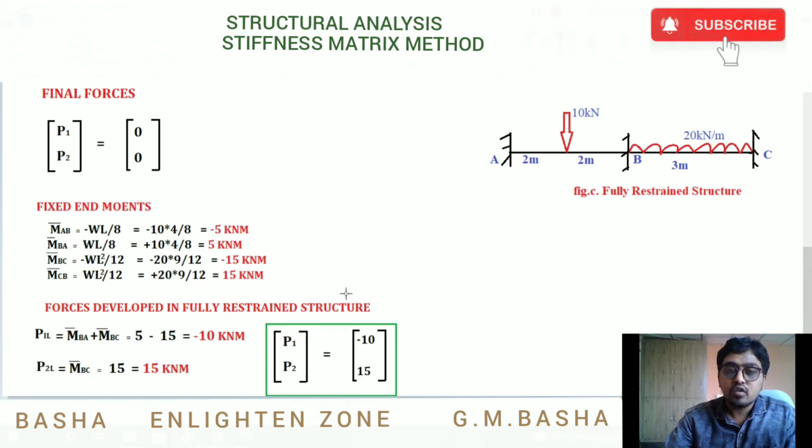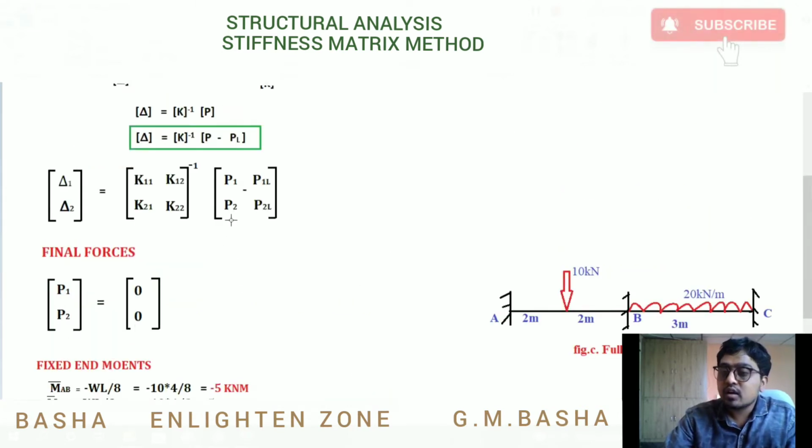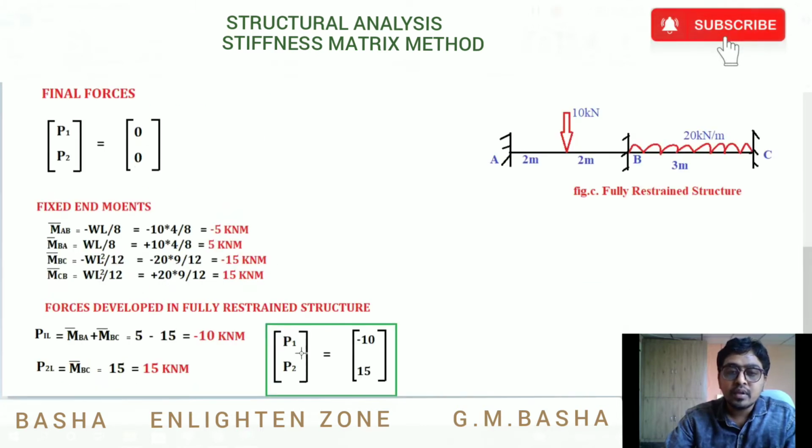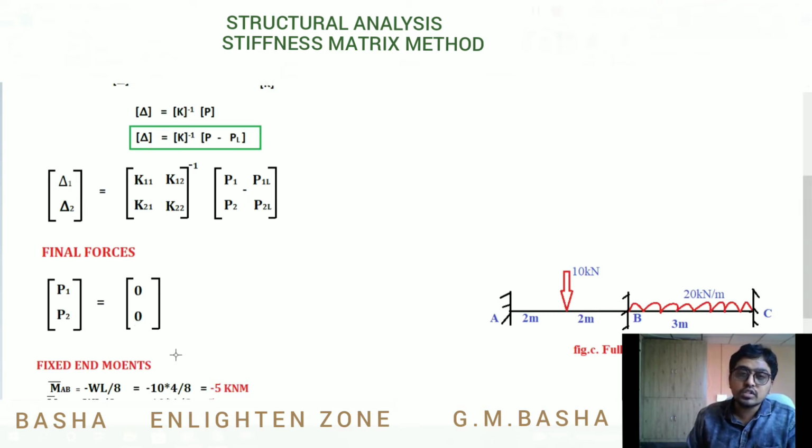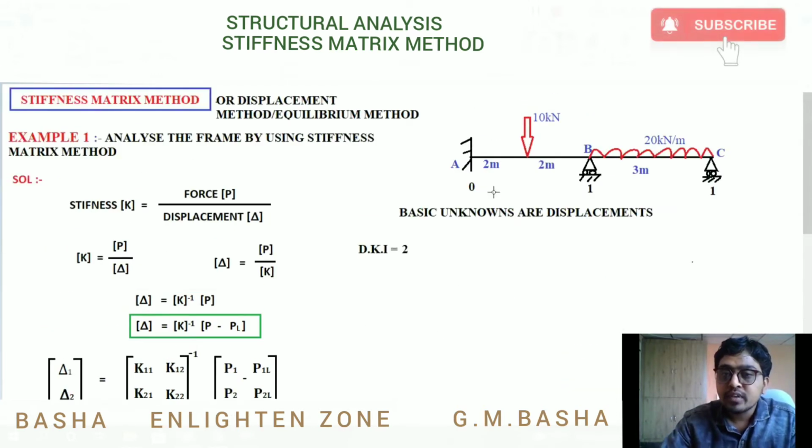Okay, and now the forces due to the external forces, P1 and P2. We already simplified P1L and P2L as minus 10 and 15, and now we are talking about P1 and P2. These can be simplified by using the final forces. From the start I have been talking about final forces and external forces. In this question, if you observe the entire diagram, there are no final forces or any external forces given in this problem. So I will show you that.